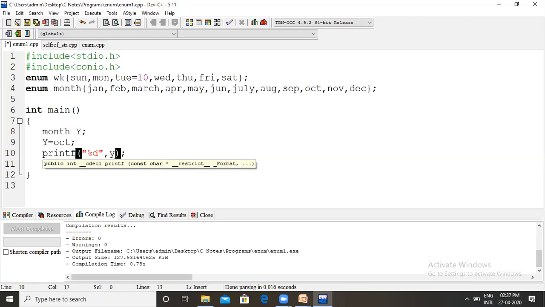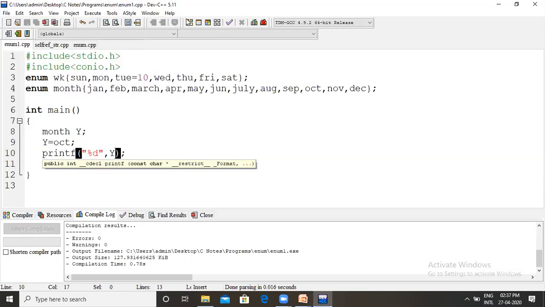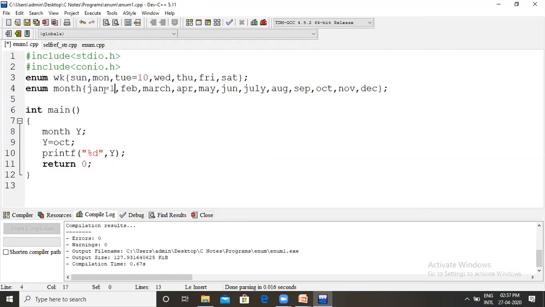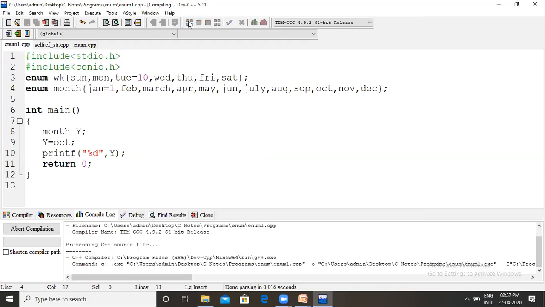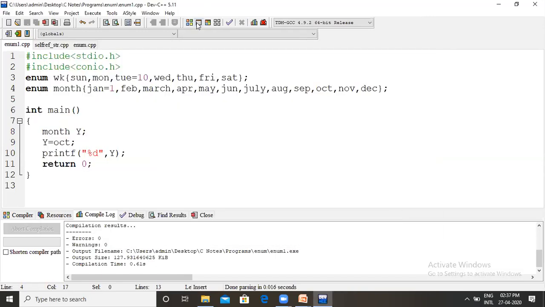But here, month starting from January, January is 0. So October will be 9. If you assign January as the first month, then October will be 10. So that is an enumeration type.